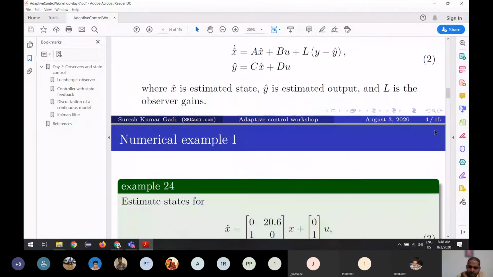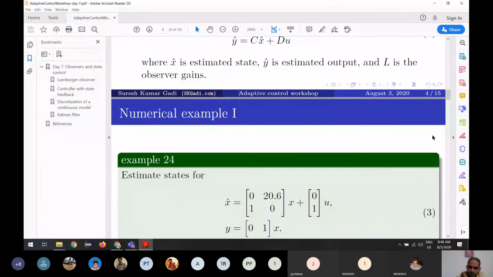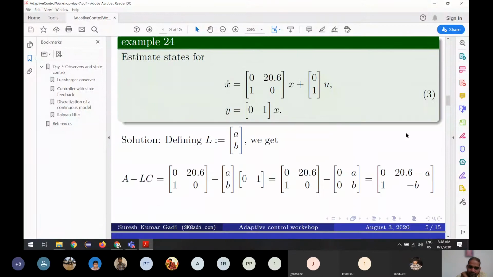So what we do here, L is equal to, we define it as A, B. When we use these two dots, it means in mathematics we are defining this. It is not available before. If you see L is equal to, with the two dots, we say that we are defining it here, so no need to look for this somewhere else. So we are defining L is equal to AB, and then we have to see what the eigenvalues are for this one. So how do we calculate?